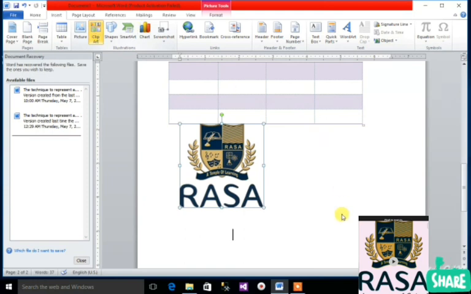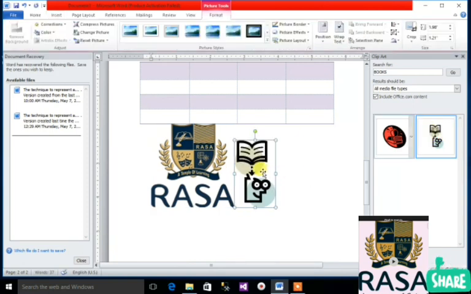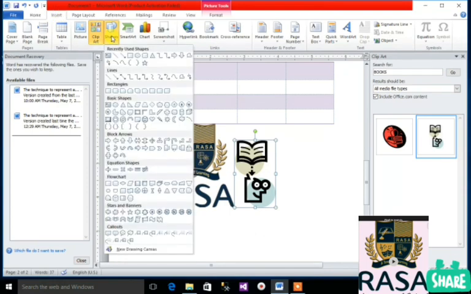If I'm selecting clip art, here a lot of clip art will come. If I'm selecting Indian flag, like I have selected this book. Okay, so you can select anything from the clip art.